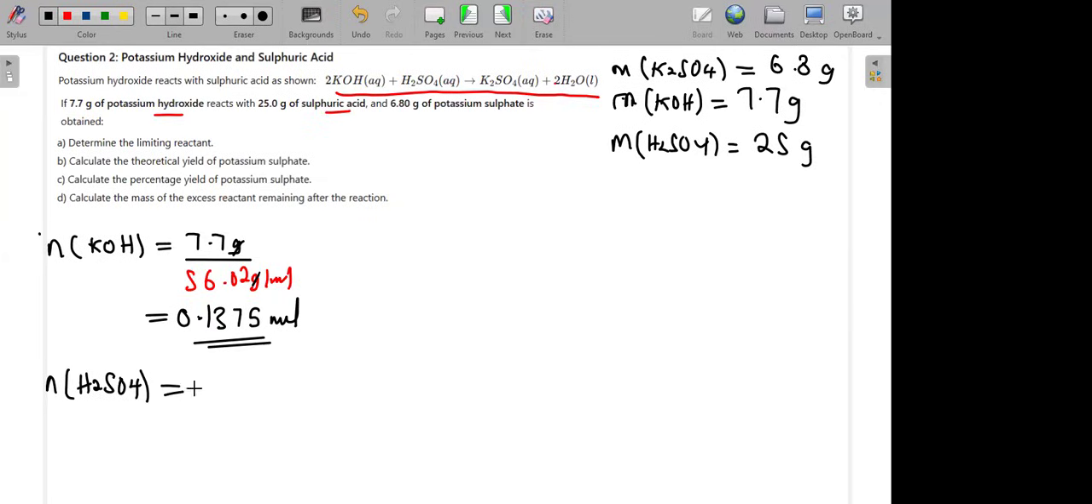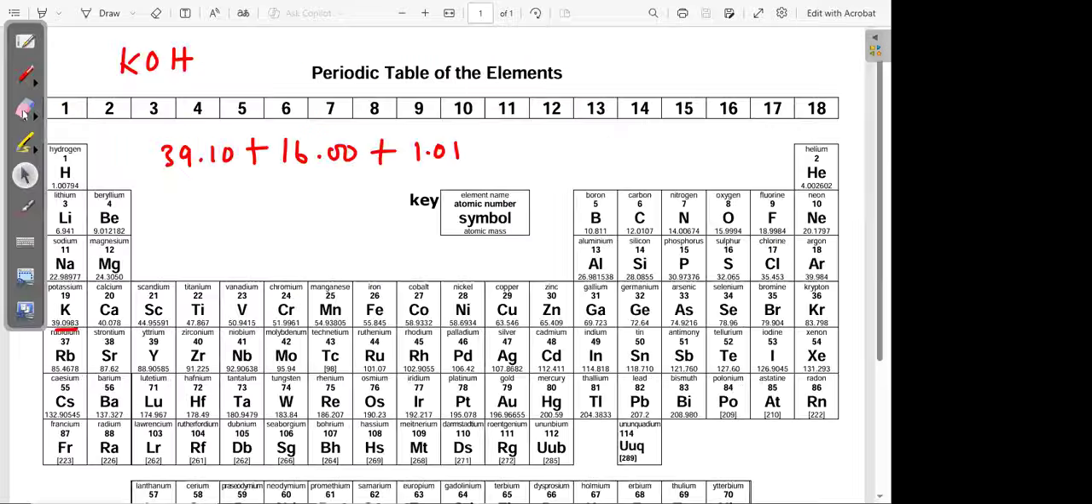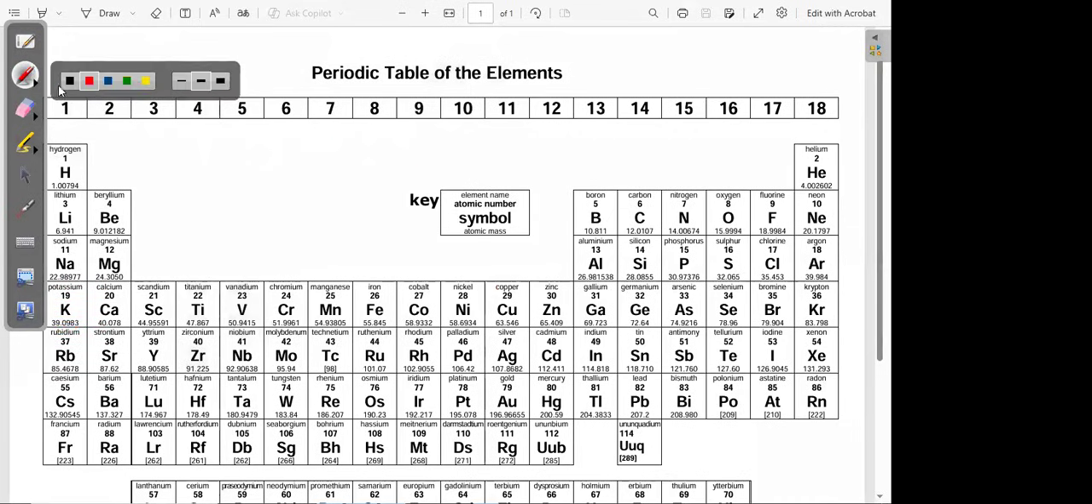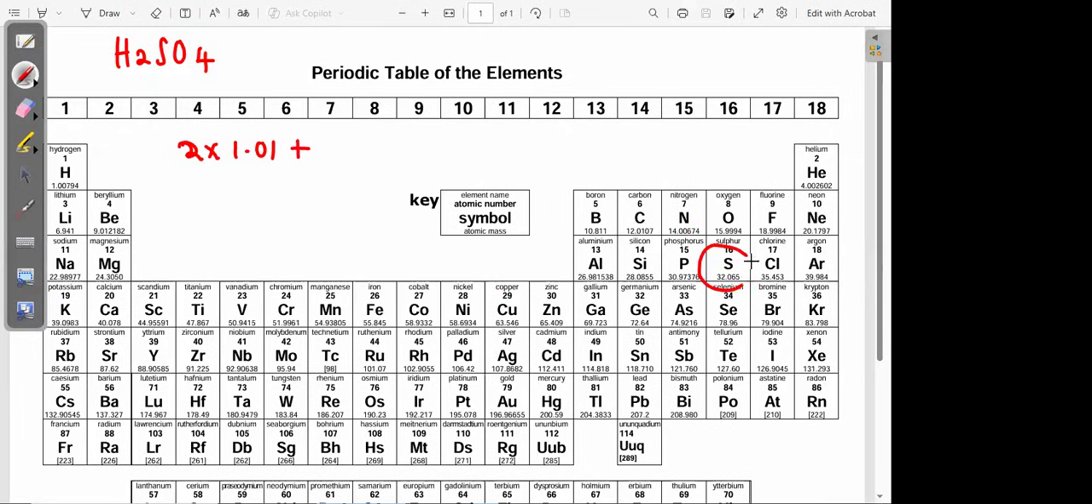So sulfuric acid, it had the mass of 25 divided by, what's the molar mass of sulfuric acid? Okay, so again, you go to the periodic table here, you find the mass. So sulfuric acid has the formula, this guy here. So meaning we have 2 multiplied by the molar mass of hydrogen, which is 1.01, plus the molar mass of sulfur. So sulfur is there. So rounded off to 2 decimal places, that is